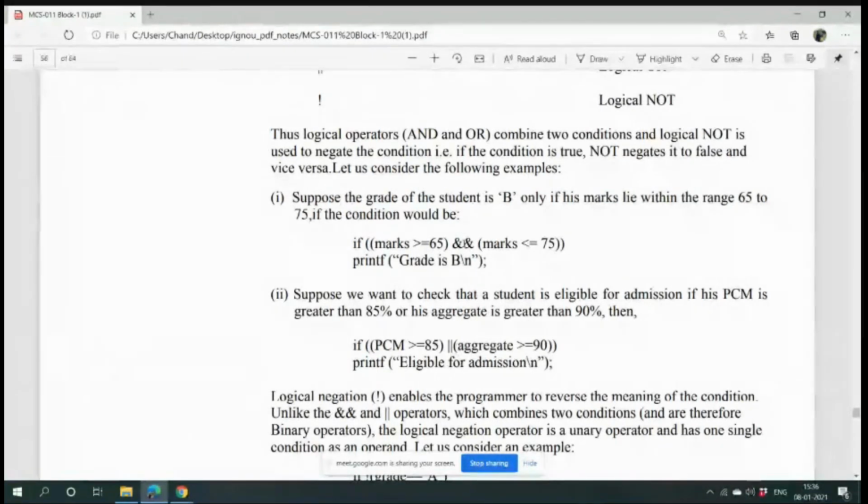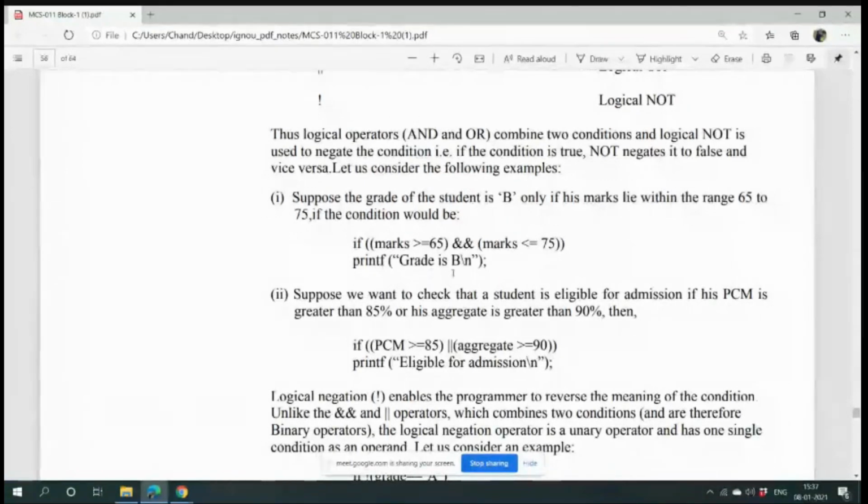So one student will have grade B if it lies within the range of 65 to 75 only. So it has to be greater than 65. At the same time it will be less than equal to 75. And so these two conditions are joined with this logical and.